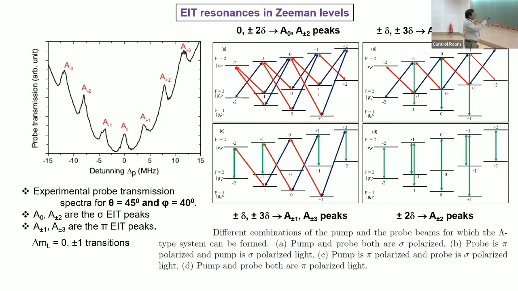So how we got this is that we kept the quantization axis theta at 45 degrees and phi, that is the polarization axis, at 40 degrees. So we put both of them a little arbitrary. This is the propagation direction, so the quantization axis at 45 degrees, with both perpendicular to it, and now we have turned it to 40 degrees. If you have both at arbitrary numbers like this, then what you get is pi EIT peaks and,